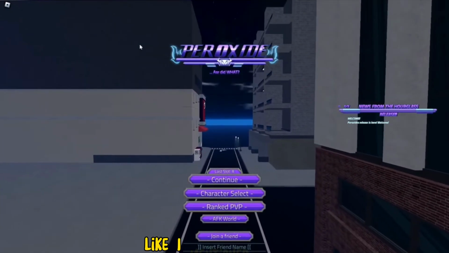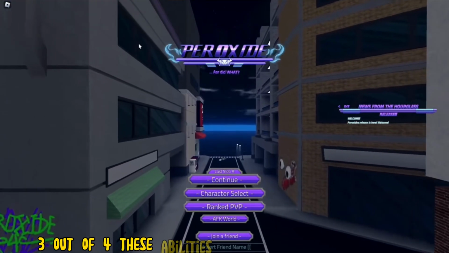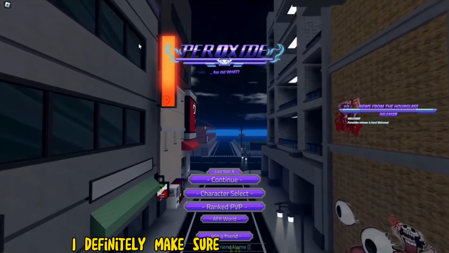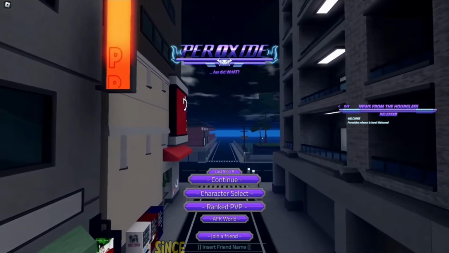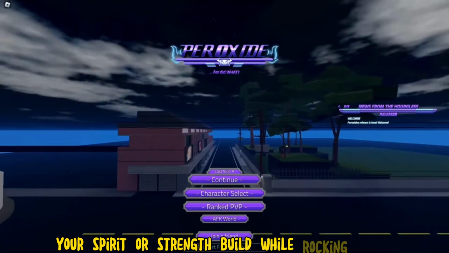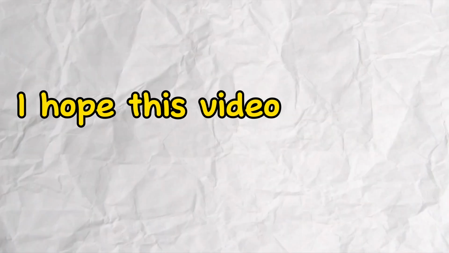And yeah, of course, like I mentioned earlier, 3 out of 4 of these abilities are for spirit build players, so if y'all are trying to get one of these, I'll definitely make sure to look into this, since it's a vast difference whether you're a spirit or a strength build while rocking these. On that note though, I hope this video informed you guys on these up and coming abilities, and with that in mind,